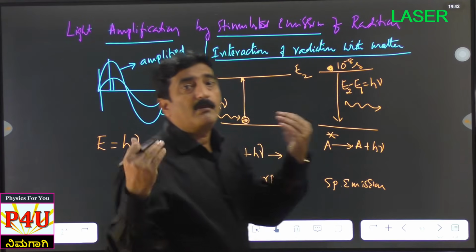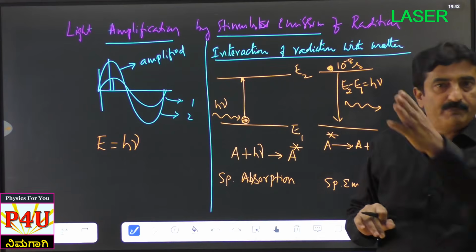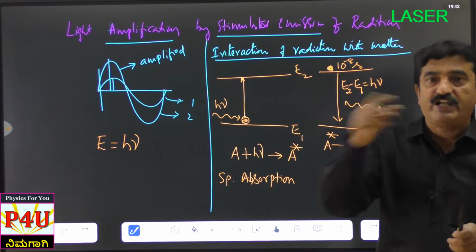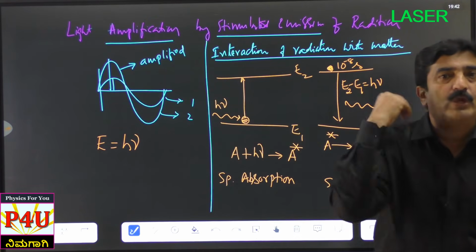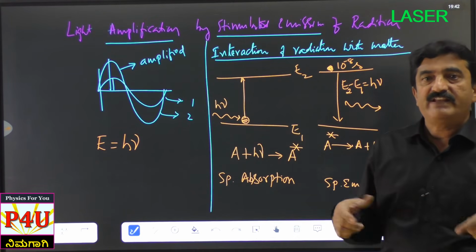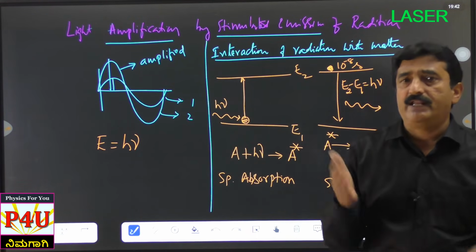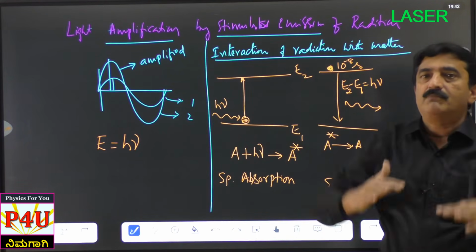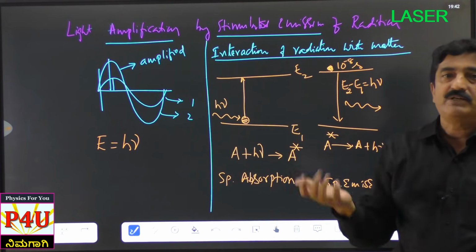This is what normally happens in all the gas filled tubes. For example, the street light, sodium vapor lamp, the same thing is happening. In street light we have filled sodium vapor, and sodium vapor is excited by means of electricity. There we are not using photon, we apply electricity. Sodium atoms are excited, they come down while emitting yellow color. Or mercury vapor lamp, it emits white color.